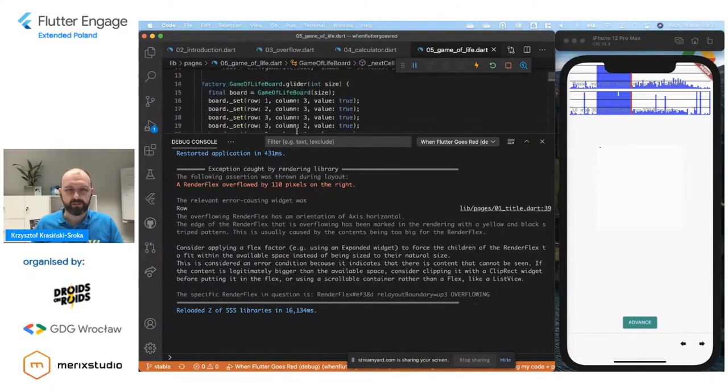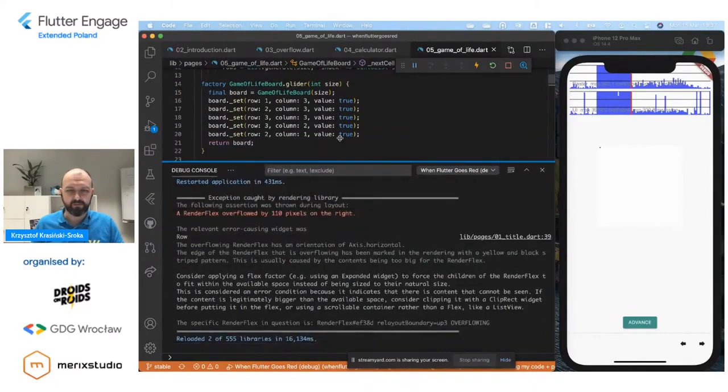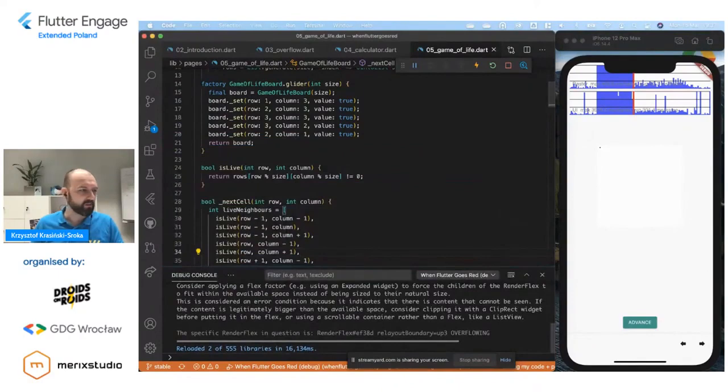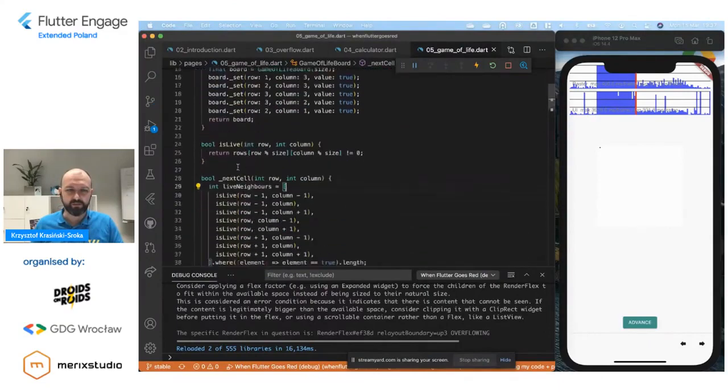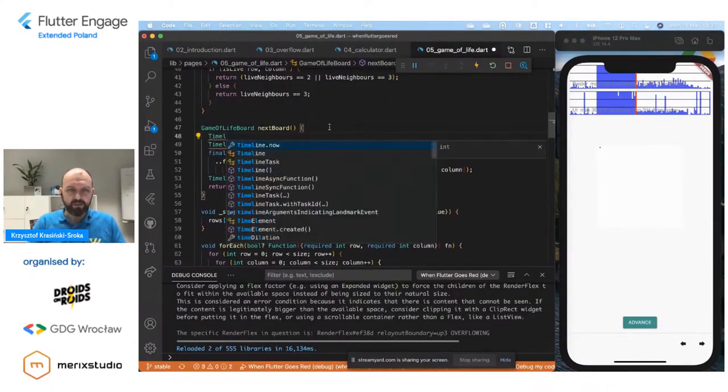I don't see, oh no. I think something went wrong when we tried to do too much. So I'll get back to it in the end when we have some more time to debug this, but timeline is also useful when we try to start asynchronous functions. So timeline has